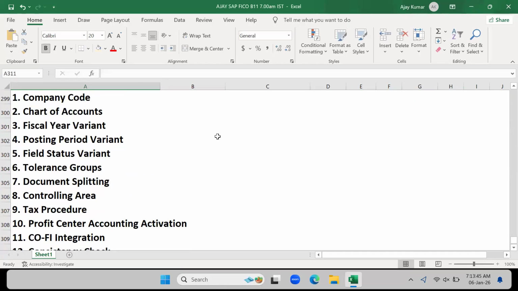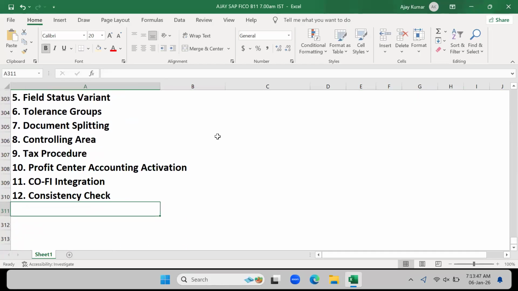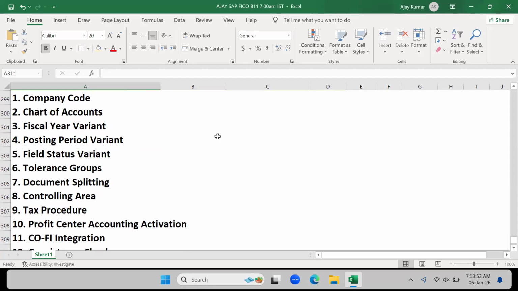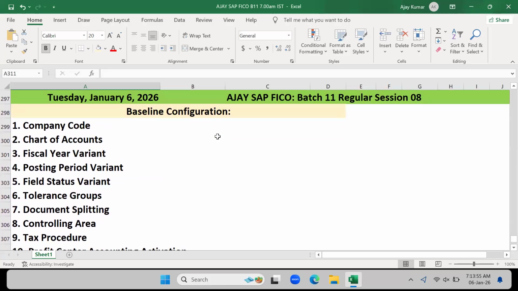In short, overall, how many steps did we list? 12, right? These 12 points must be on your fingertip. Ignore what is before, what is after, just ignore it. Simply try to remember what are these 12 steps, so that when somebody is talking about baseline config, you get these points on your fingertip,